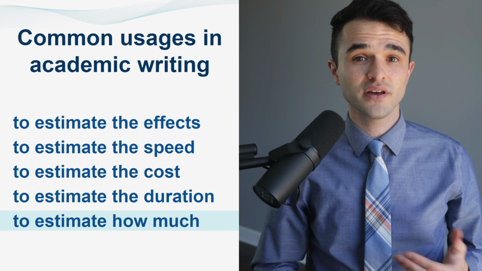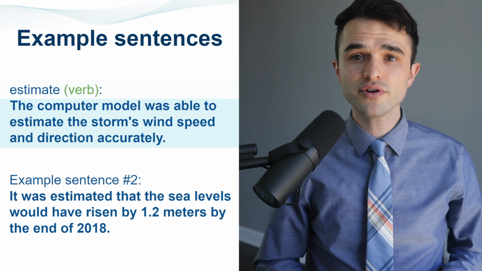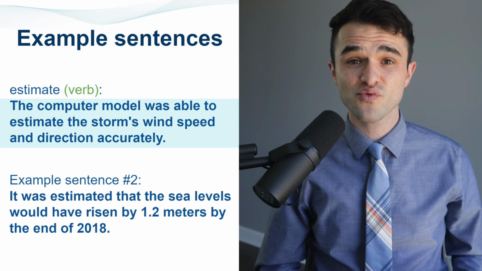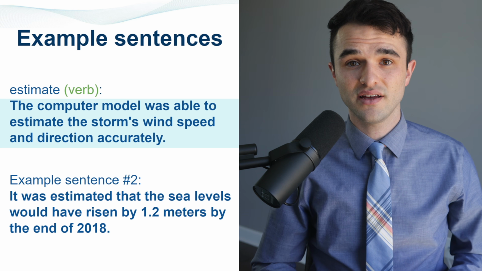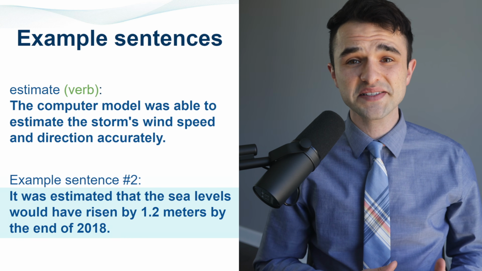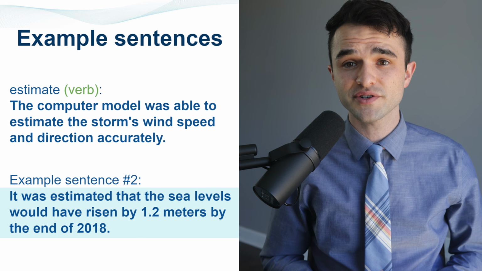Example sentences: estimate, verb. The computer model was able to estimate the storm's wind speed and direction accurately. Example sentence number 2. It was estimated that the sea levels would have risen by 1.2 meters by the end